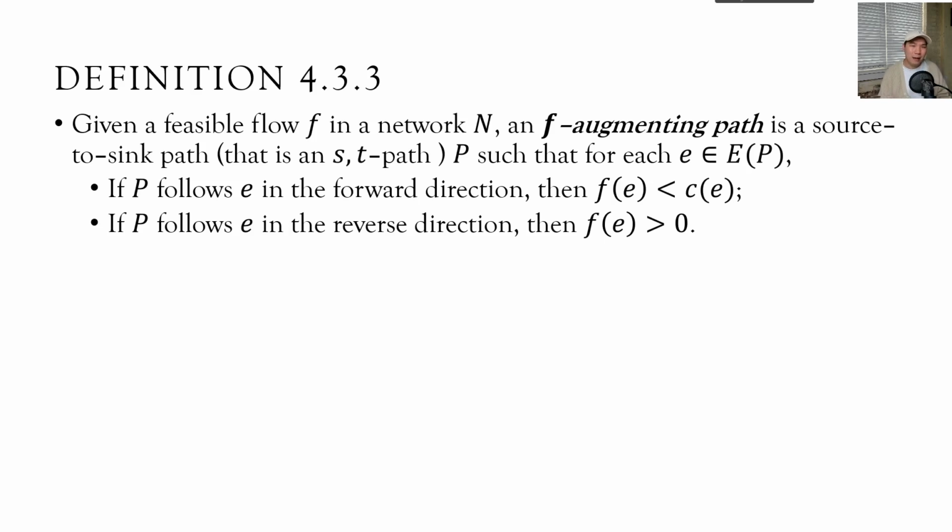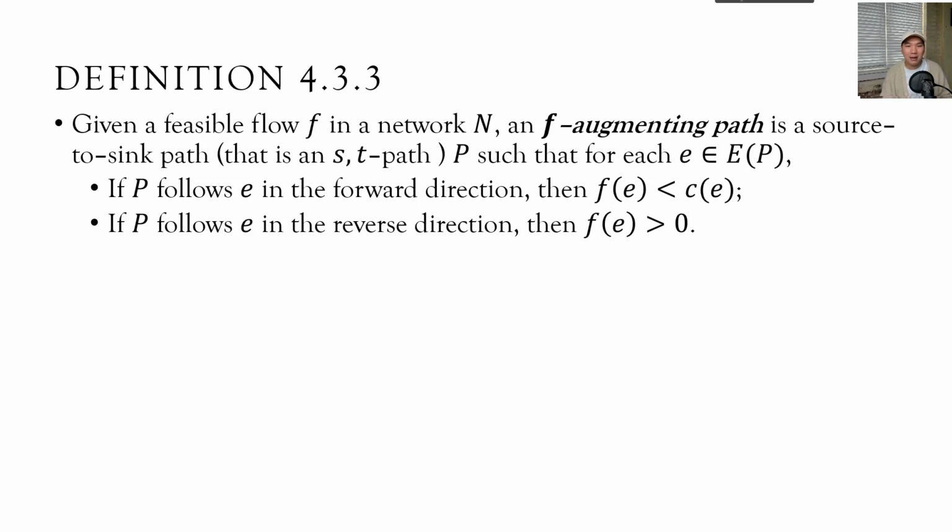So, given a feasible flow F, that is something that's viable in some network N, an F augmenting path, a flow augmenting path, is a source to sink path. That is, I start at my source, and I take some type of path to end up at my sink, the ending point. Let's call this path P, such that if I look at each edge along my path P,